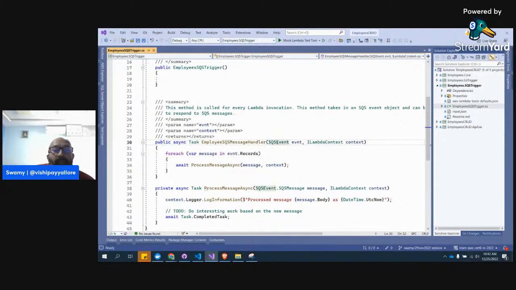You're getting it here. Simple Queue Service event. And the SQS event has got a record. A record is a list of Simple Queue messages. Now, if you drop a bunch of messages, they will come. It is like that for the scaling